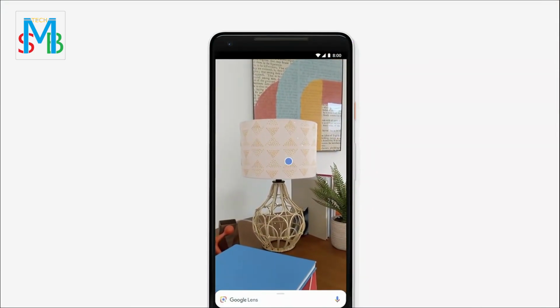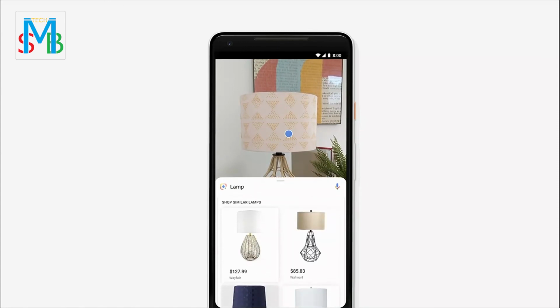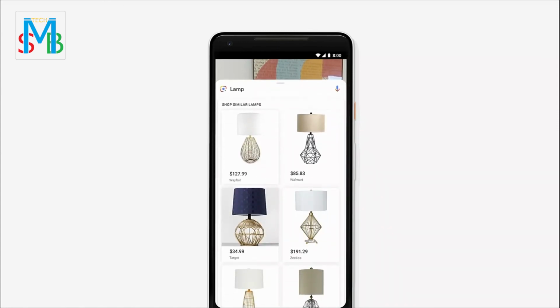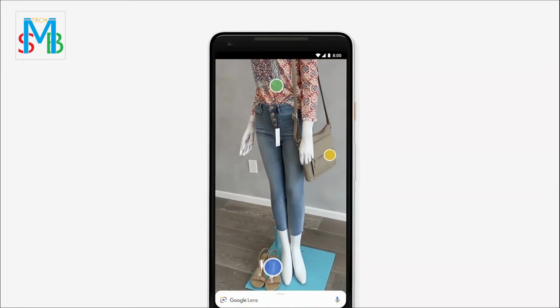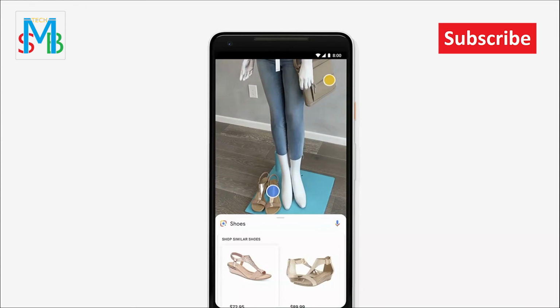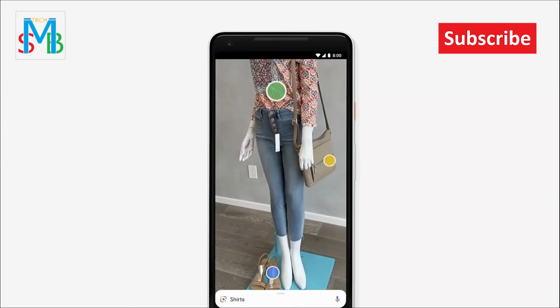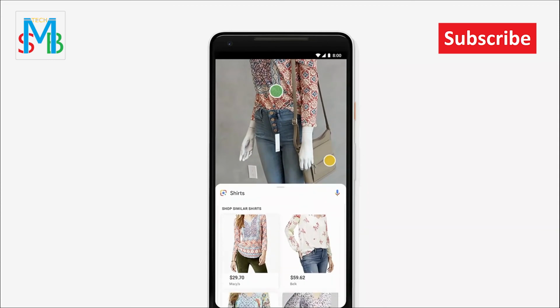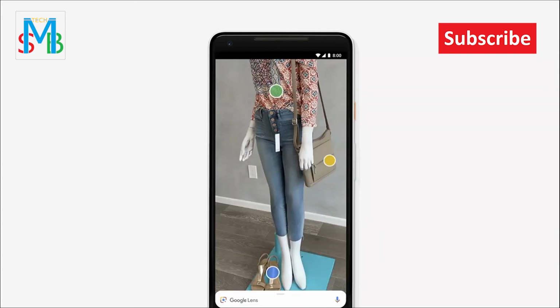Say you see a trendy-looking lamp, and you want to know things that match that style. And now Lens can help you. Or if you see an outfit that catches your eye, you can simply open the camera, tap on any item, and find out, of course, specific information like reviews, etc., of any specific item. But you can also see all the things and browse around that match that style. Now,